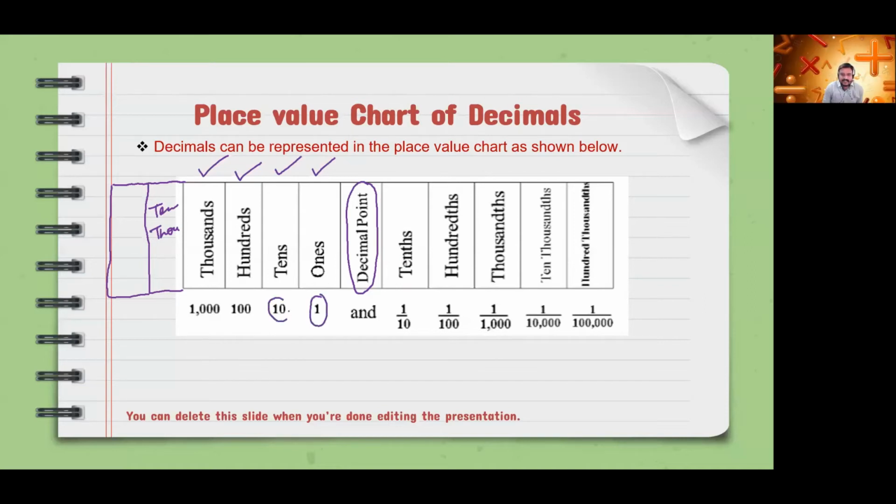Ten's value is denoted by 10. Hundred's value is denoted by 100. And thousand's value is denoted by 1000. Now suppose the number is like this,